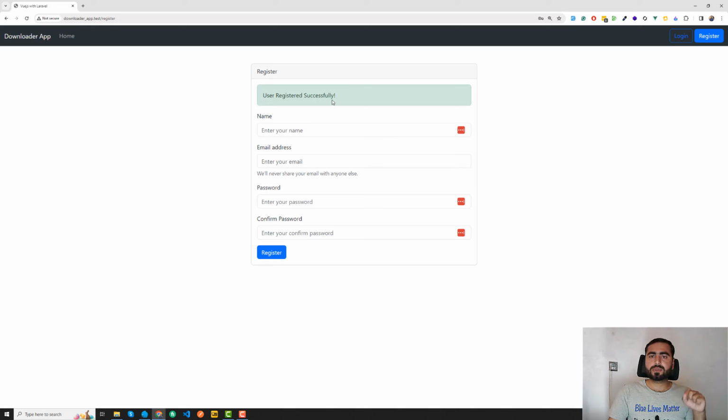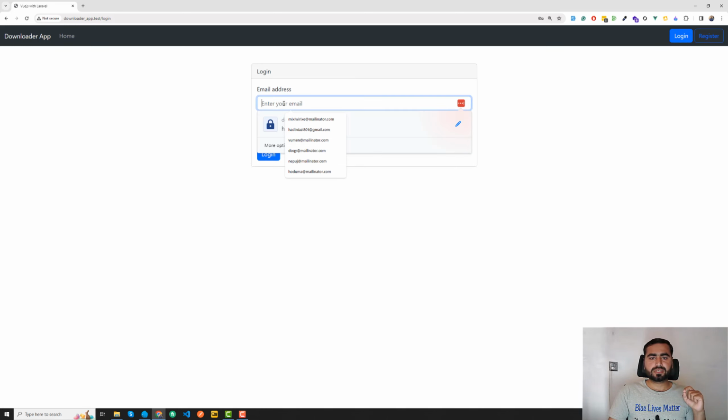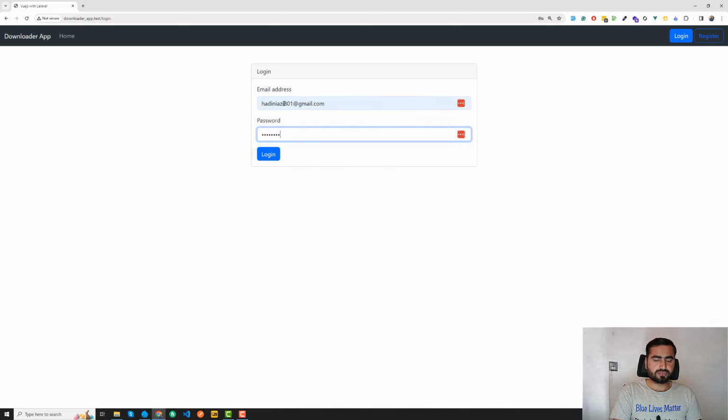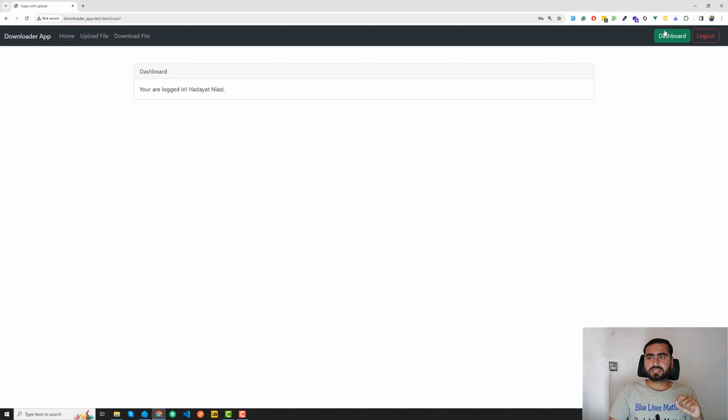So we are registered now, and I'm going to log in this user. So just click on this login button, and here I'm going to enter my email, Hadi Niazi, and then the password would be 12345678. Just click on this login and it will redirect us to the dashboard without a page refresh, right? This is the beauty of Vue.js. And also the authenticated user option will be available here too. Perfect, we are successfully able to log in and we are redirected to the dashboard where I'm seeing my name,